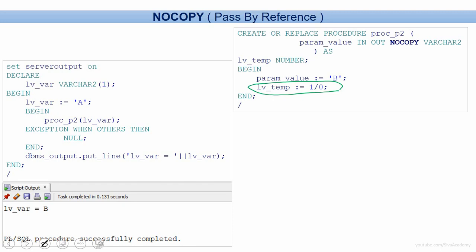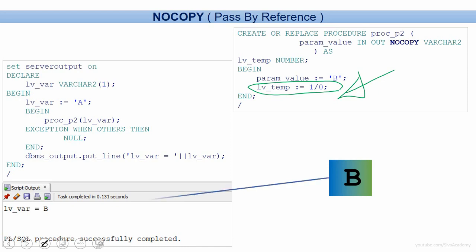So the moment we execute an anonymous block, it creates a memory location and it loads with the value of A. And when it calls the procedure, obviously it overwrites with the value of B. And since the next statement is going to raise an exception, the control will go back to the calling place. But in this case, the memory location was already overwritten by the B, and that's why the value B gets